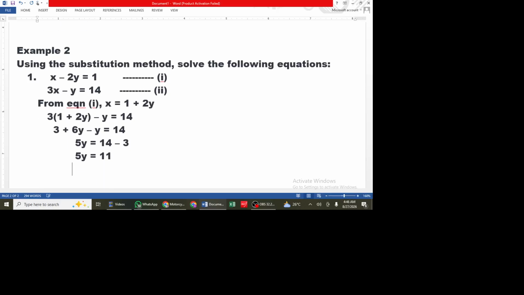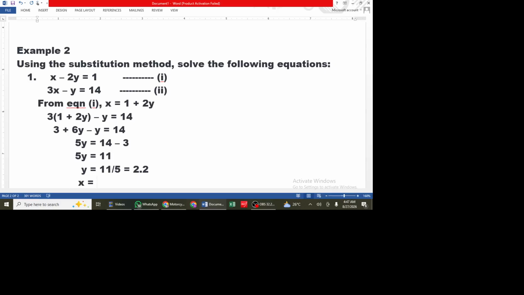Therefore, y will be equals to 11 divided by 5. And 11 divided by 5 will give us 2.2. And from there now, you will recall that we've already made s subject of the formula. That is, s is equal to 1 plus 2y. Then you substitute for the value of y. Then you now say s